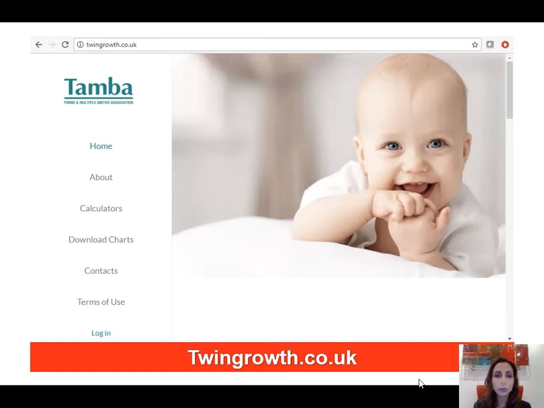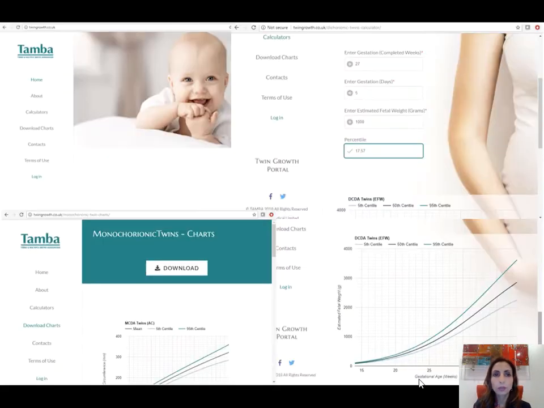And if you go to this website, you can select the charts that you want. So you select the type of twin pregnancy, for example, dichorionic or monochorionic. And as you see on the screen, you put the gestational age in weeks and days, and then you put the estimated fetal weight in grams, and you will get that from the ultrasound,